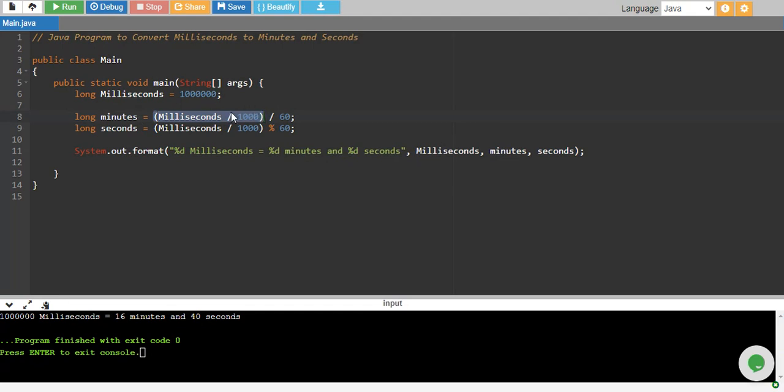Okay, and if you can't understand why we have used the remainder operator, the reason is that since we already have calculated the minutes, we need to just take the seconds left. Okay, so what we do is we divide the seconds by 60 and we ignore the quotient and we just take the remainder. It's because that is what the left value is, which are our seconds. So we take those and store it into seconds, and finally we print them. So that's it with this tutorial, and see you in next.